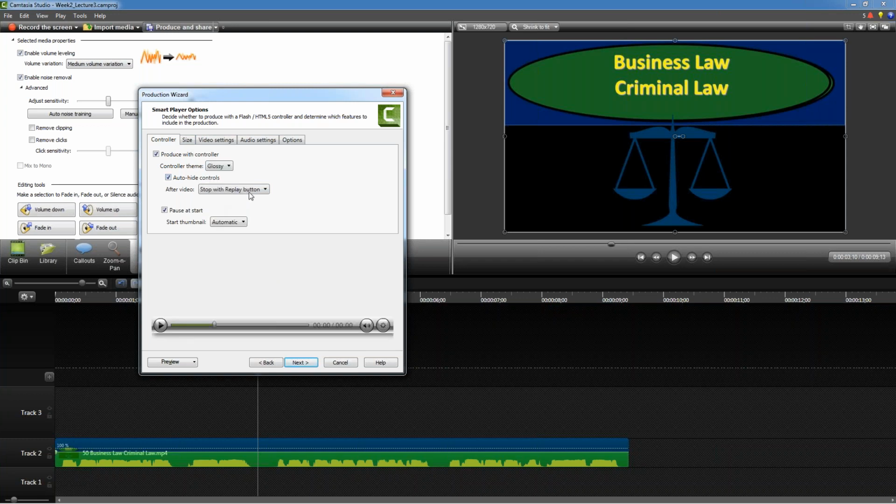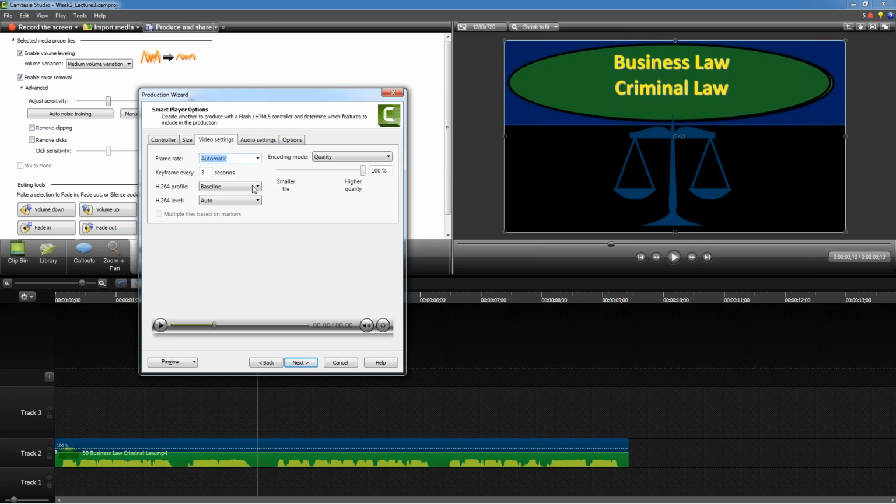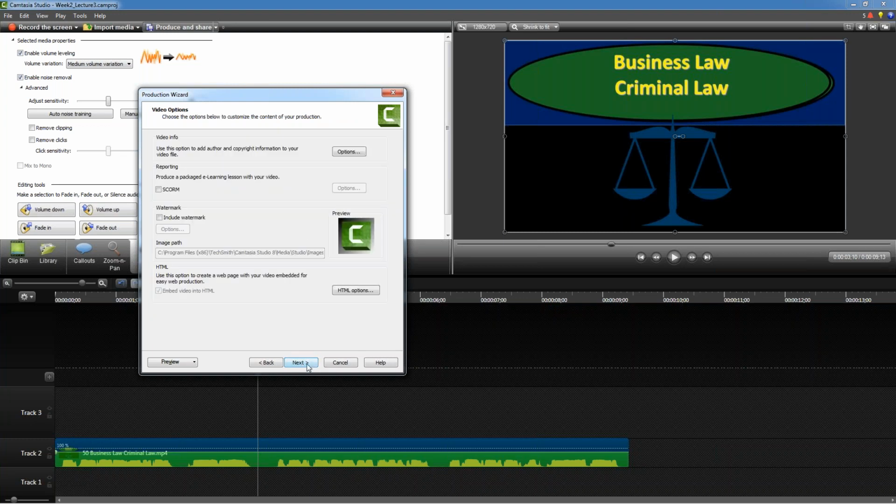You know, some different stuff. Some of them are pretty neat. You can change the size if you want to. You can change the compression of the video. So if you want a little more compression to have a smaller file, you can do that. You can change the bit rate. A lot of this stuff, though, by default, you don't really have to do anything. You could literally just hit produce, next, next, next, next, and then just get to the point where you're outputting,